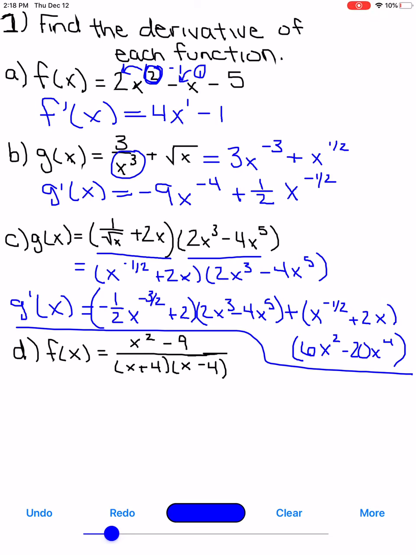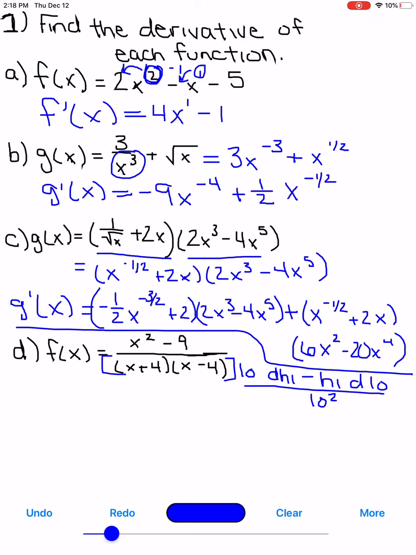And to use the quotient rule, it is low d high minus high d low all over low squared. But as you can see, our low, or our bottom, once we take the derivative of that,